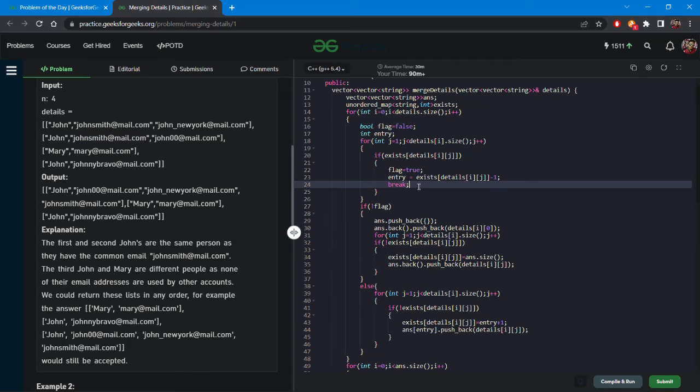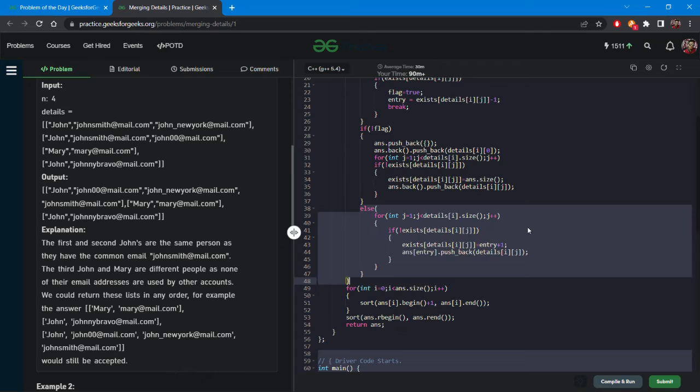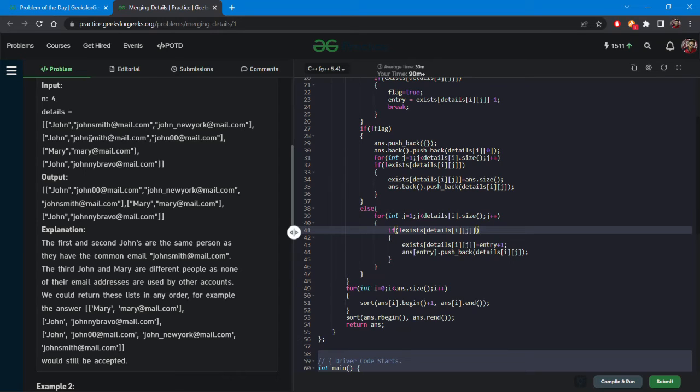So then we will break the loop and we will reach here because this already exists and flag is true. So what we will do, for every email ID of this ith detail, we will check if this ID exists or not. Since this ID exists, we will not push it. Now we will move on to this one,